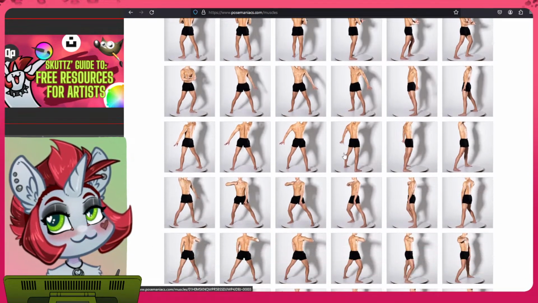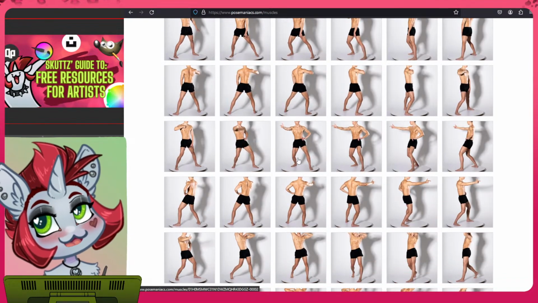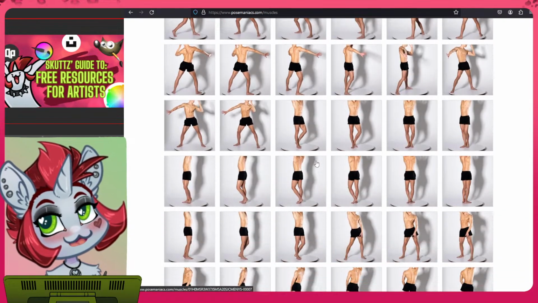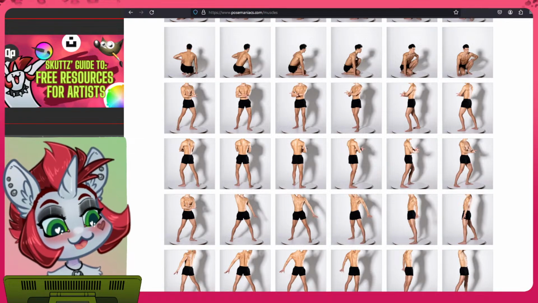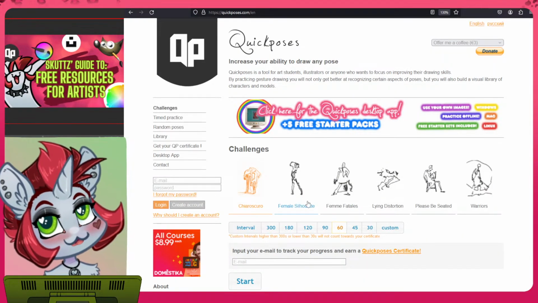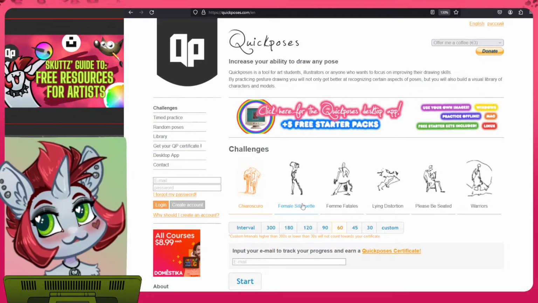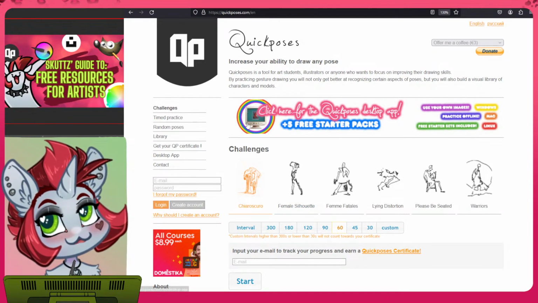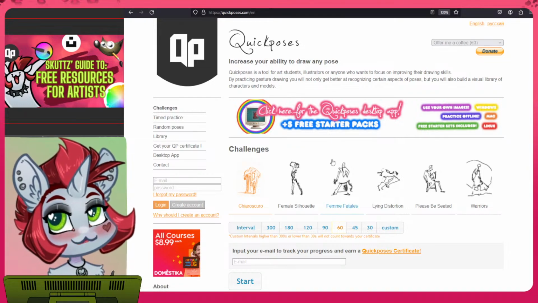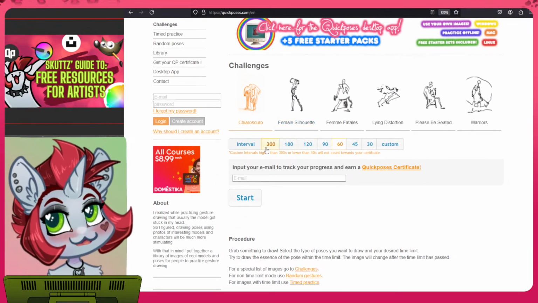And I believe Dorka Stock also offers ones like these, but those are on the purchased packs through Ko-fi. And so on to another free pose resource. This one is called Quick Poses, and it is super handy. This one I like because you can choose the interval of how long you would like it to hold an